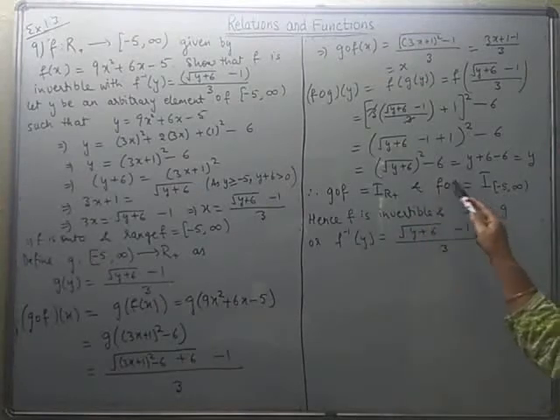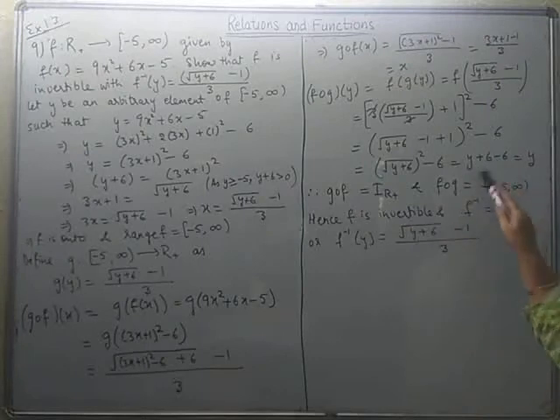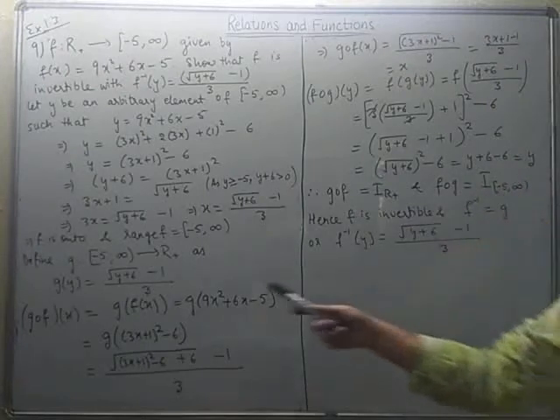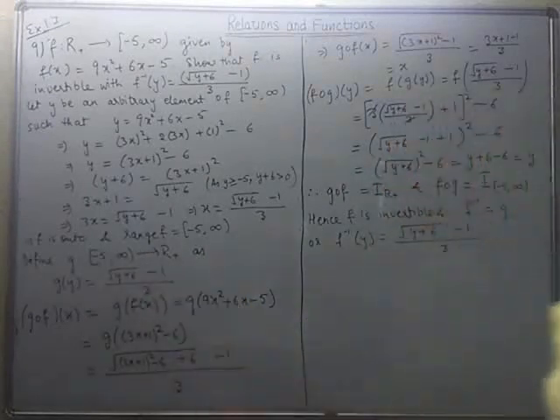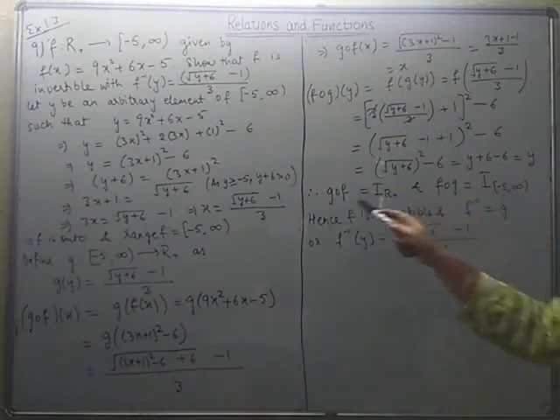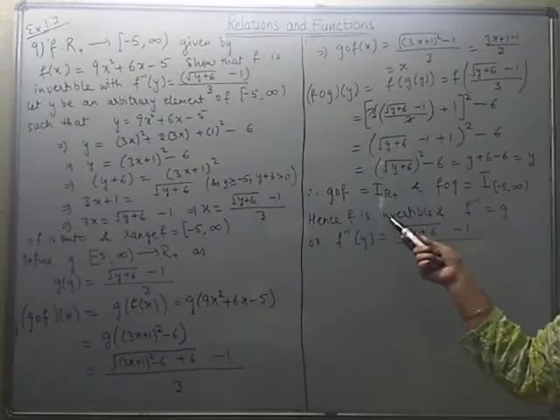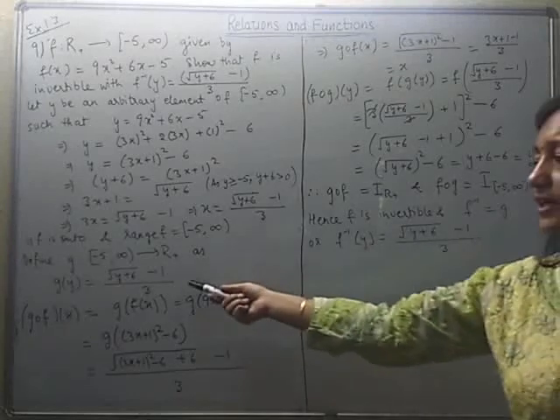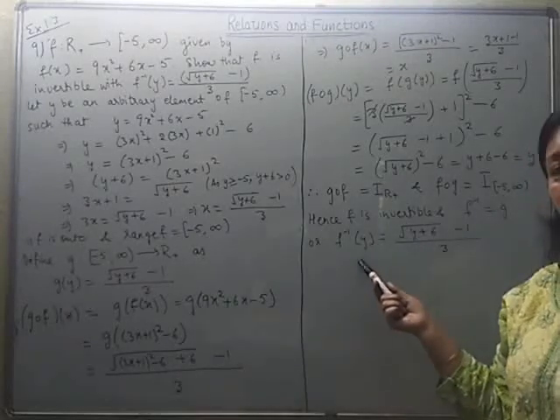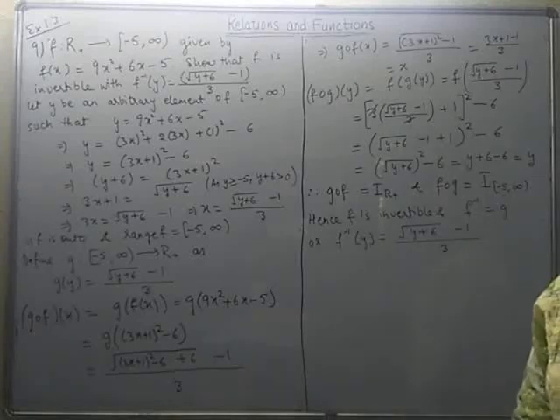In the same way, composition of g and f is coming out to be y, which is an element from the domain of g. And domain of g is a semi-closed interval, minus 5 to infinity. Because the required conditions are fulfilled, we can say f is invertible with f inverse equal to g. So g(y) can be written as f inverse of y, which is square root of y plus 6 minus 1 over